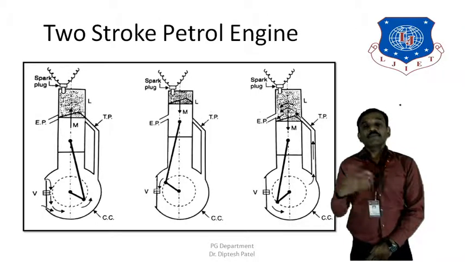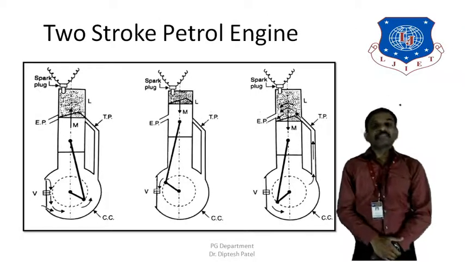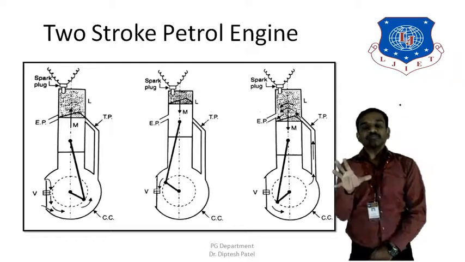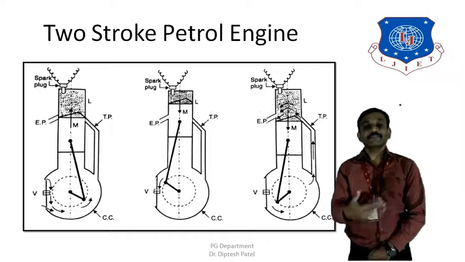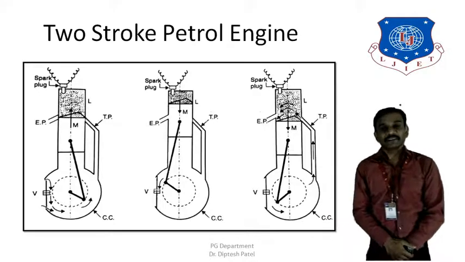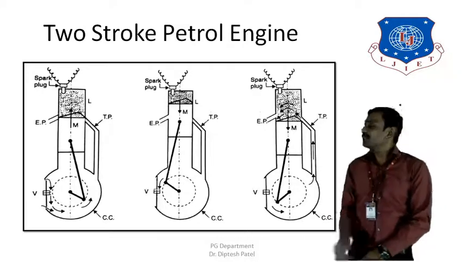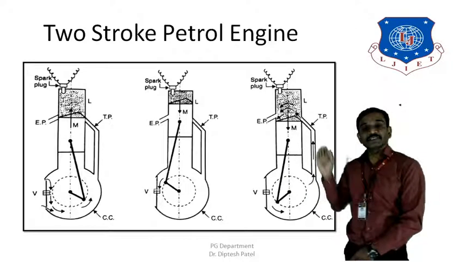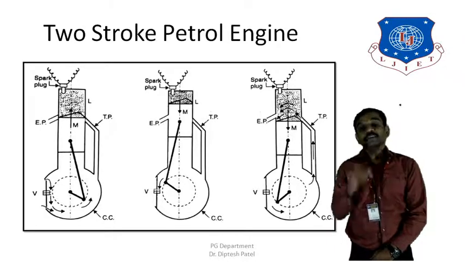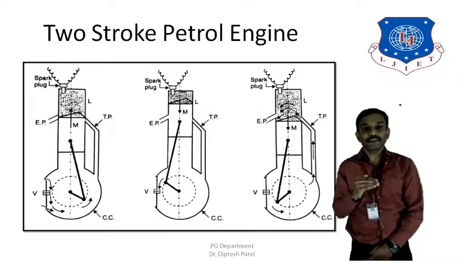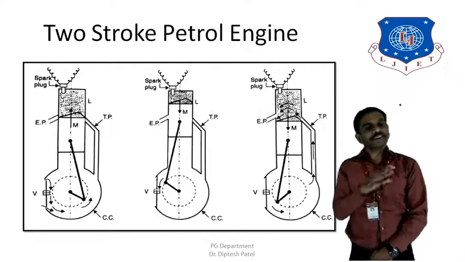Then we are moving forward to the 2-stroke engines. Now we are going to see a couple more examples, and one of them is a 2-stroke petrol engine and the other one is a 2-stroke diesel engine. So let's go through the first one, which is the 2-stroke petrol engine. Here you can see in the diagram all 4 different processes: suction, compression, power or expansion, and the exhaust.